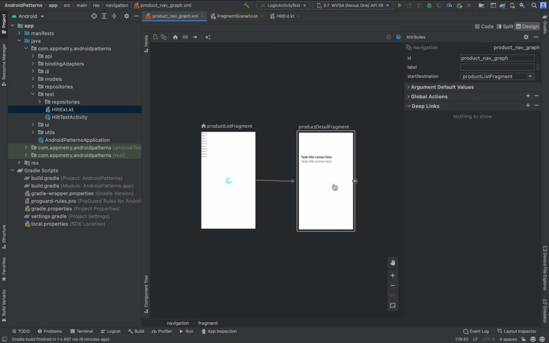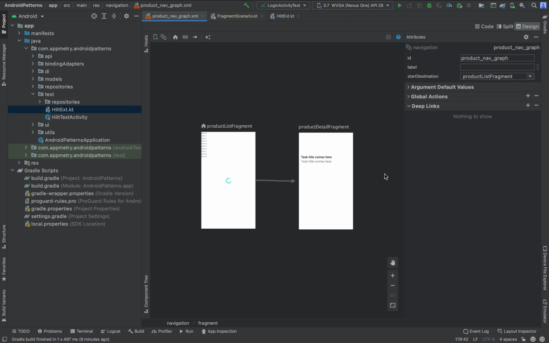In our login activity testing video you might have known how to write test cases for the model, view and view model layer. So if you haven't watched the video previously, please do watch that, and it has all the basic setups of adding the required dependencies as well as setting up Hilt for testing.